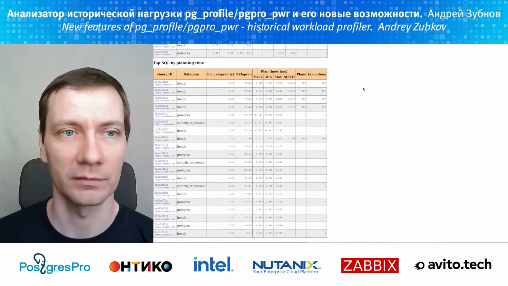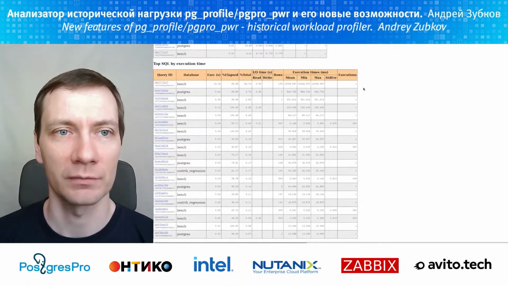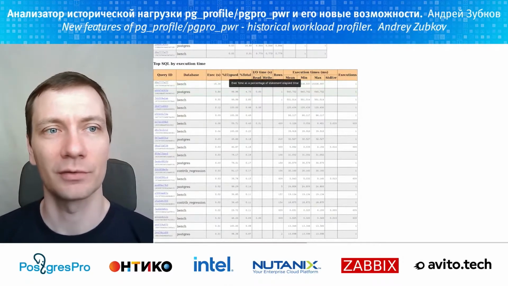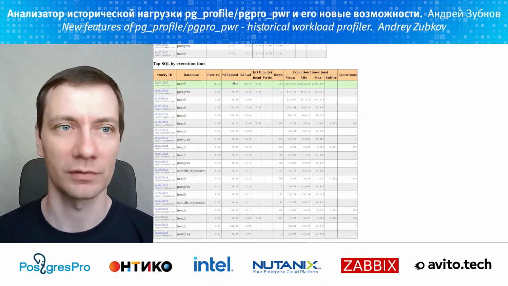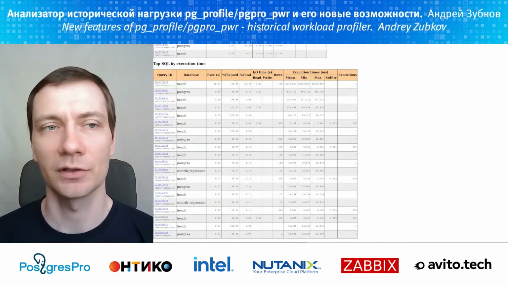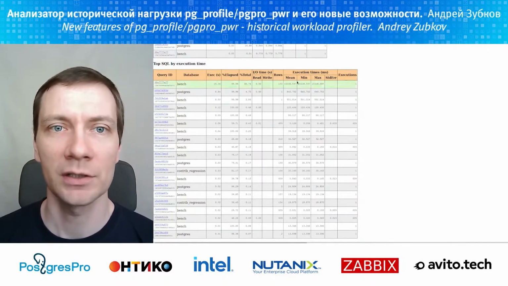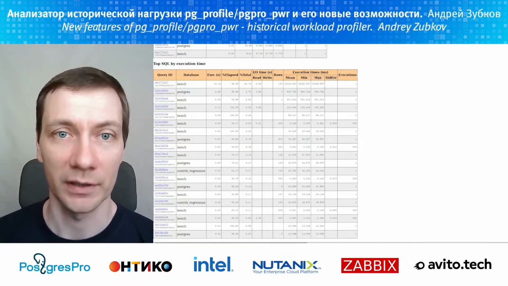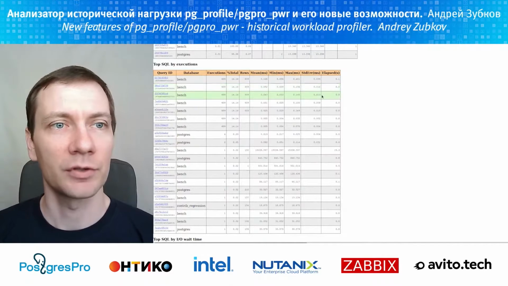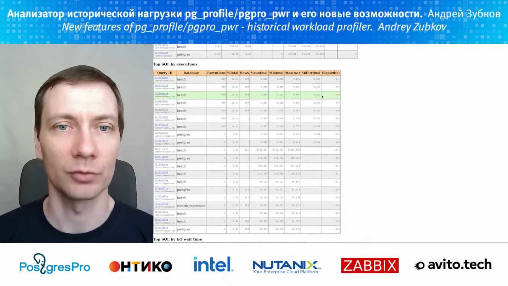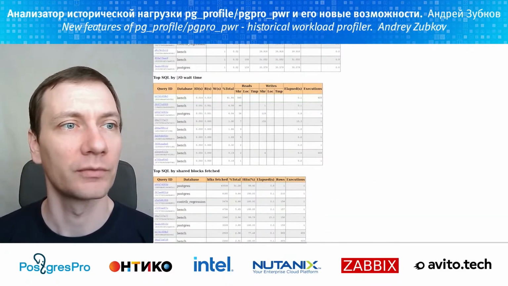Number of plannings, number of executions. Then planning time, if we want to check which queries are longest in terms of planning, and execution time. Elapsed percentage is the share of time execution of a query takes out of total query time. So it's a share of execution and plan time. I/O time, and query execution time distribution. Top SQL by execution, it's which queries are executed most often. SQL by I/O wait time,